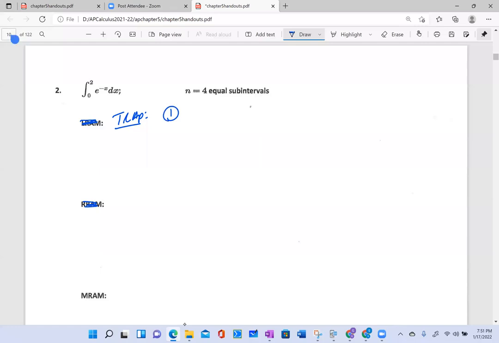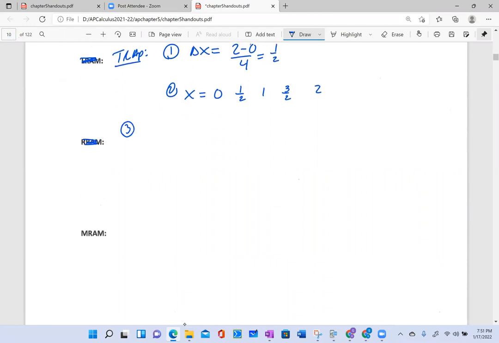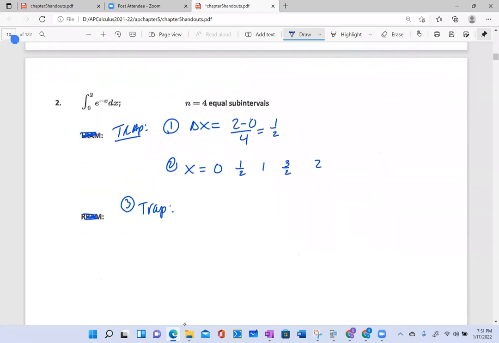So once again, your first step is to get delta x. And delta x here is 2 minus 0 over 4, which is a half. So my x's are 0, a half, 1, 3 halves, 2. Notice that the trapezoidal rule uses all of the x's. So the trapezoidal rule, using this function, e to the negative x, would be, maybe I'll come over here,